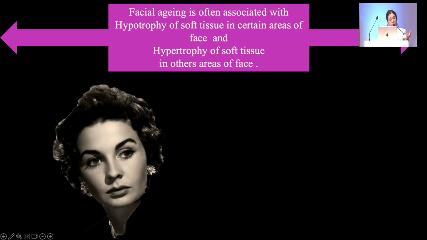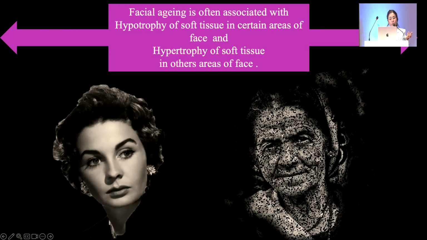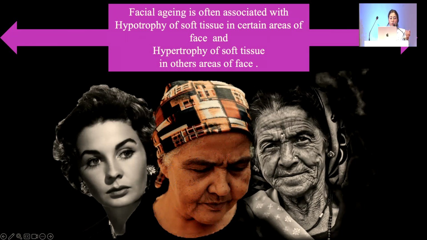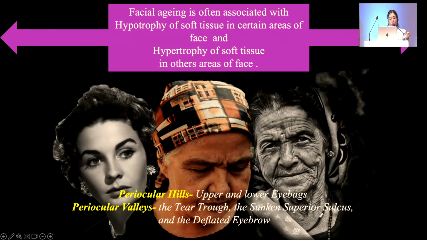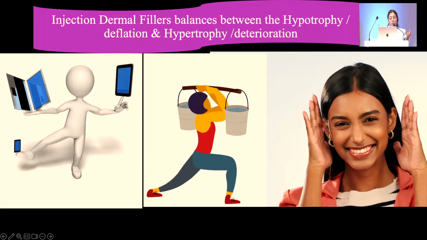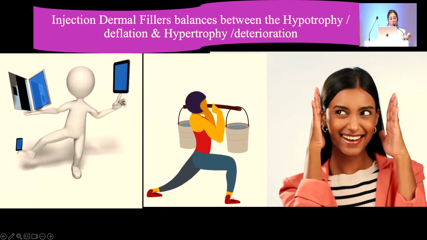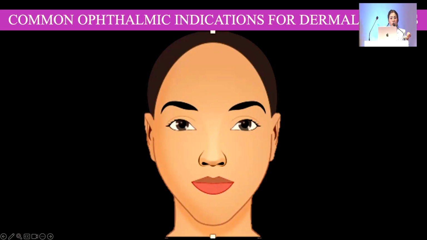When I speak about the aging face, we know that the face is associated with hypertrophy of some of the soft tissue and also hypertrophy of the other parts of the face. So the best way to make a balance between the hypo and hypertrophy changes of the aging face is by injecting dermal filler. For ophthalmologists, the most common indication is basically the periocular region,